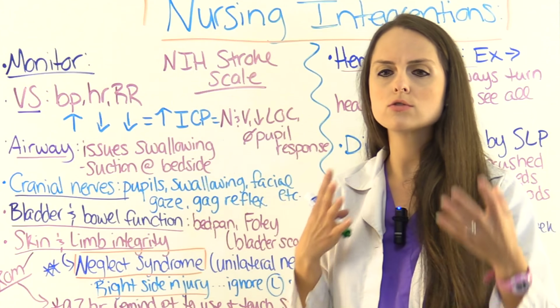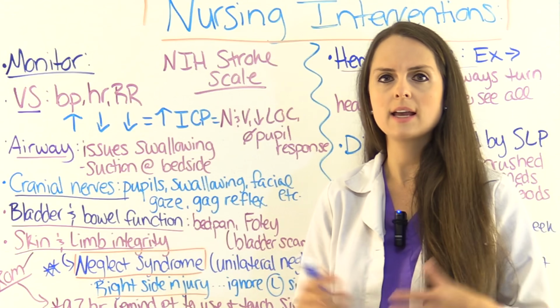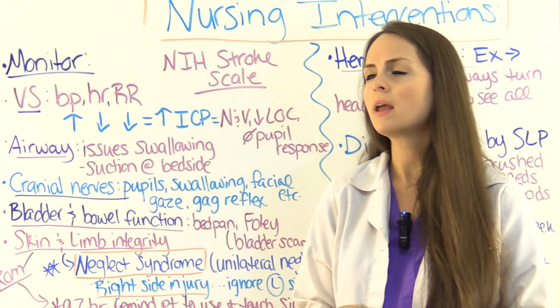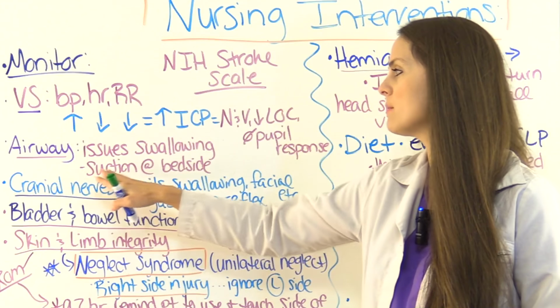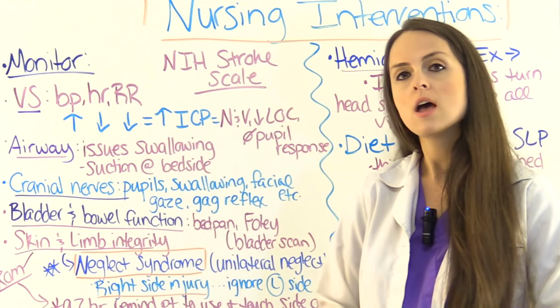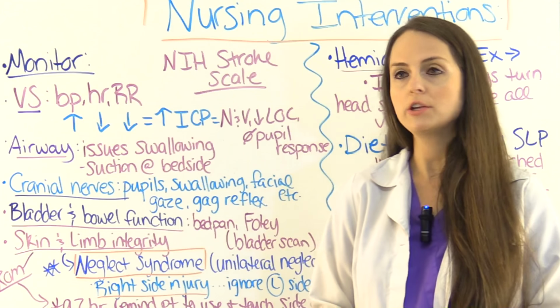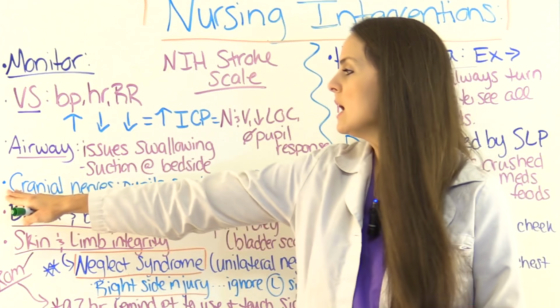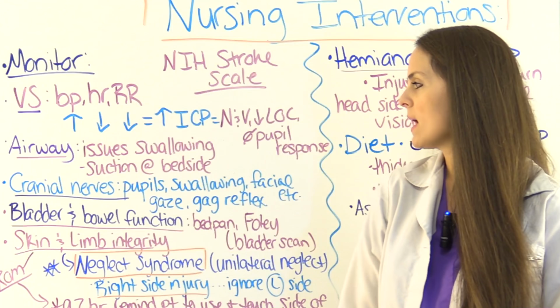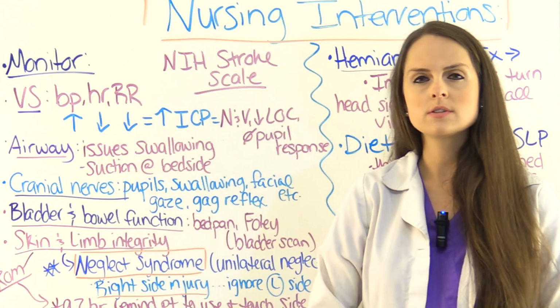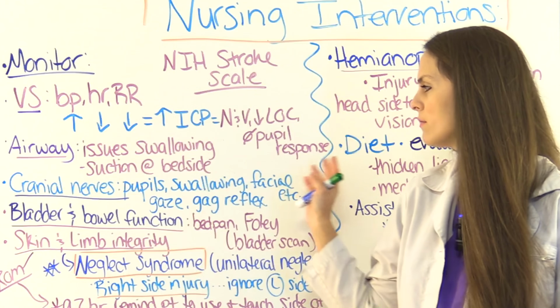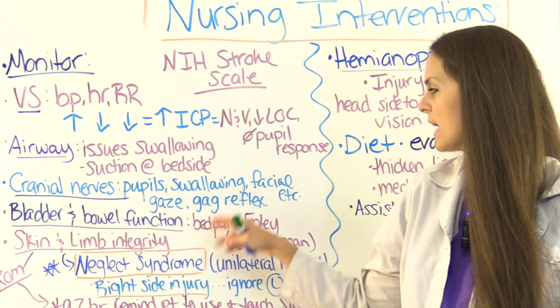So all those oral secretions are just hanging out in there. They're not going to be able to swallow them, so they're at risk for aspiration. So you want to make sure that you have suction hooked up and ready to go for whenever you need it. Assessing those cranial nerves as well, like the pupils, their ability to swallow, the facial nerves, their gag reflex,